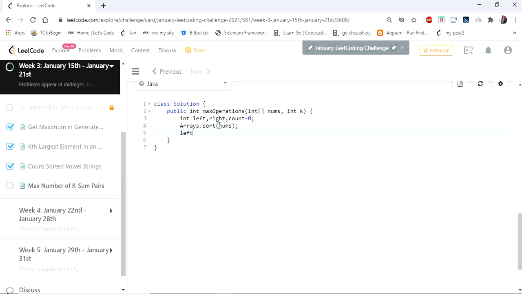Next I'm going to assign the leftmost element to the left pointer, that is the smallest element. Sorry, let me just define the index. And right is the largest element.